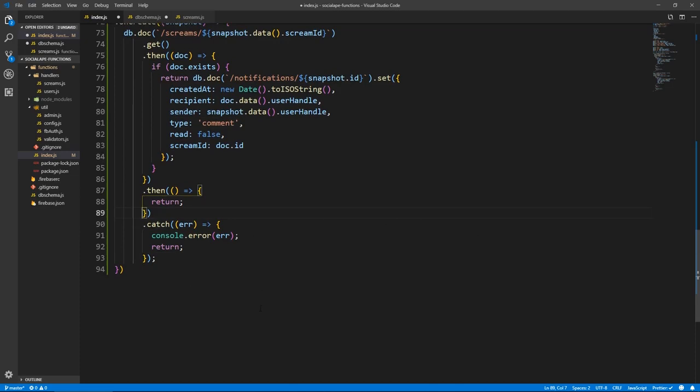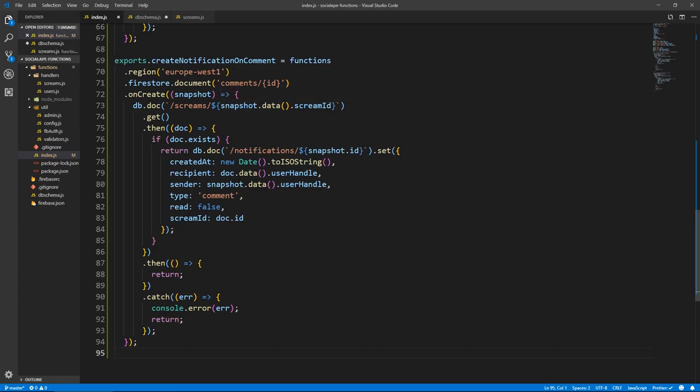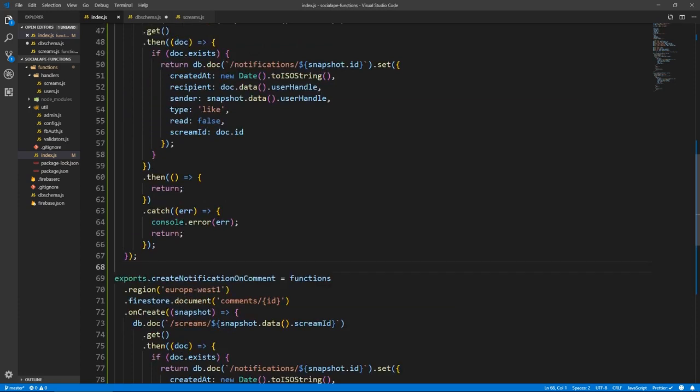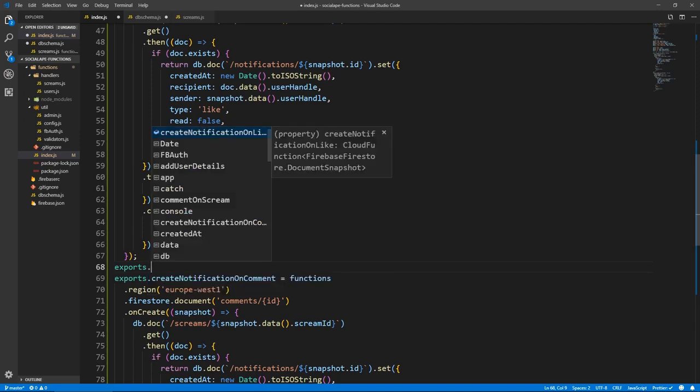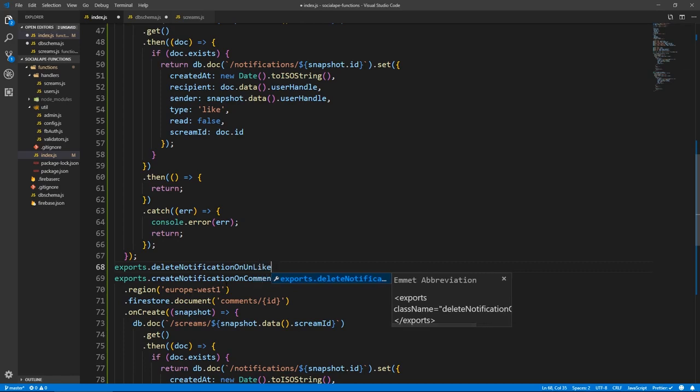Cool. So I'm gonna keep going. I'm gonna create all of them and then we're gonna test them. So let's save, and then underneath here, we don't have the ability to delete comments, so we don't have to worry about that. But we have the ability to unlike a post. Actually, I'm gonna put it here. So we need to, because the thing is, we're gonna create notifications, but if someone unlikes the post, we wanna delete that notification. I don't want a user to have a notification that someone liked their post, and then after they unlike it, they still get the notification, and then they go there and they're like, what? No one liked it. All right, so this is gonna be called delete notification on unlike, like this.